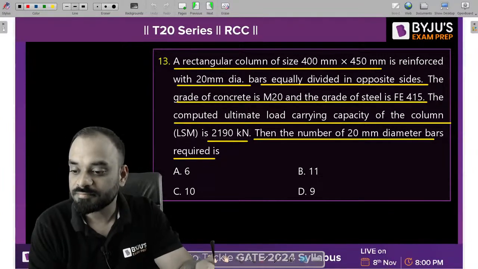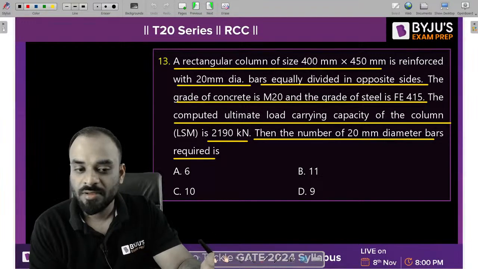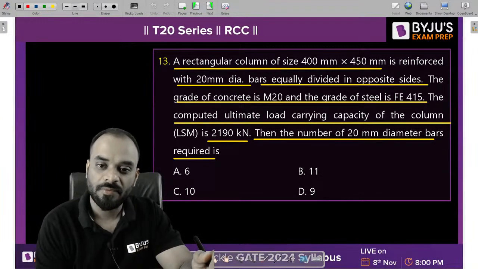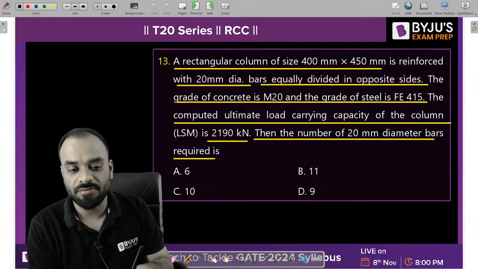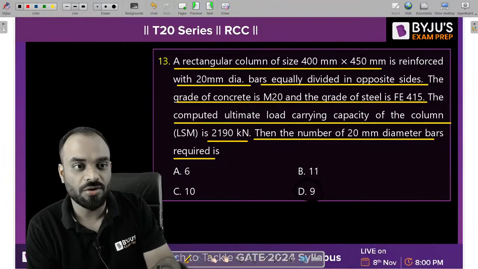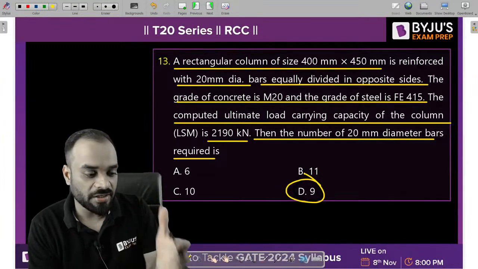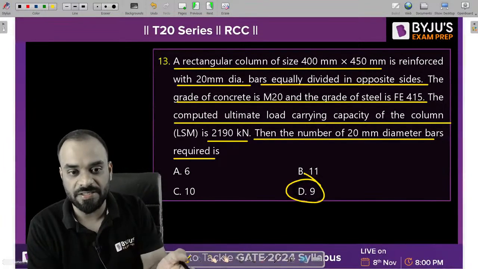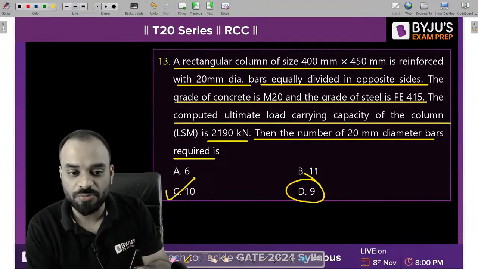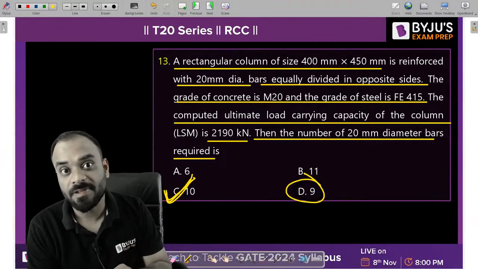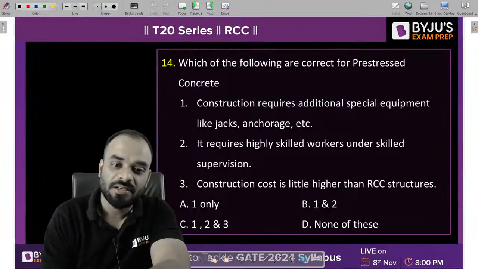10 bars. Okay. Pradhi says, sir, 10 bar. Yes, definitely it should be 10 bar. We are not able to provide it as 9. Why? Because I need to provide the reinforcement equally on both the sides. That is the reason, guys, the answer should be 10. It should not be 9. Clear? Very nice. Let's move to the next question.